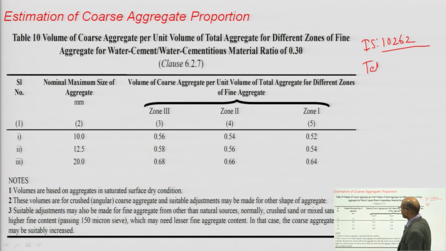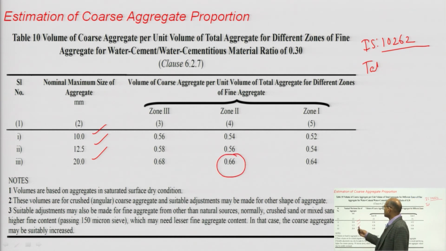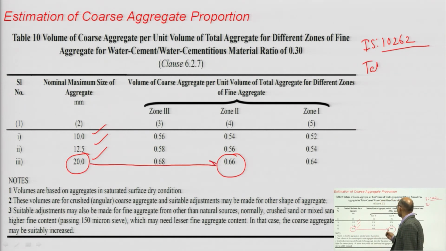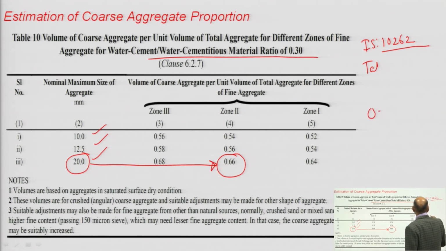If you see here the types of nominal 10 mm, 12.5 mm and 20 mm downsize aggregate, you are using a zone, depends on the zone 2 sand. Let us say you are using a zone 2 sand and let us say our maximum size of aggregate is like this. So, you have to use this value, and this value is for water cementitious material ratio of